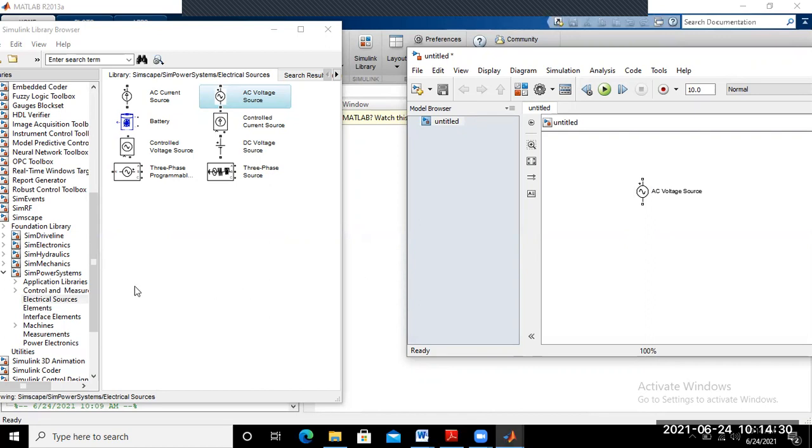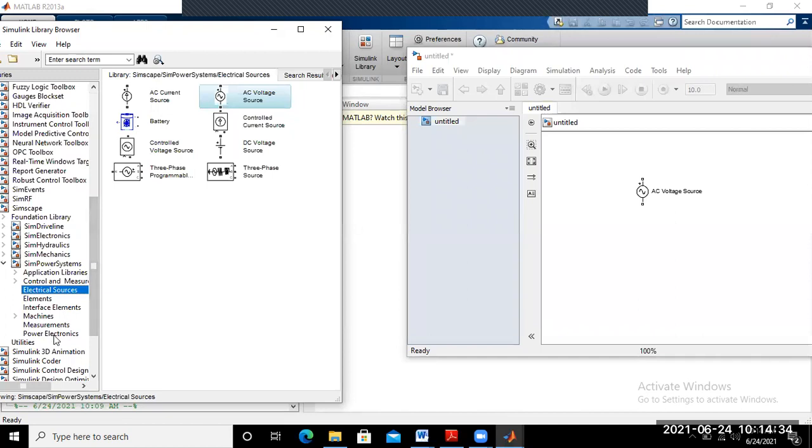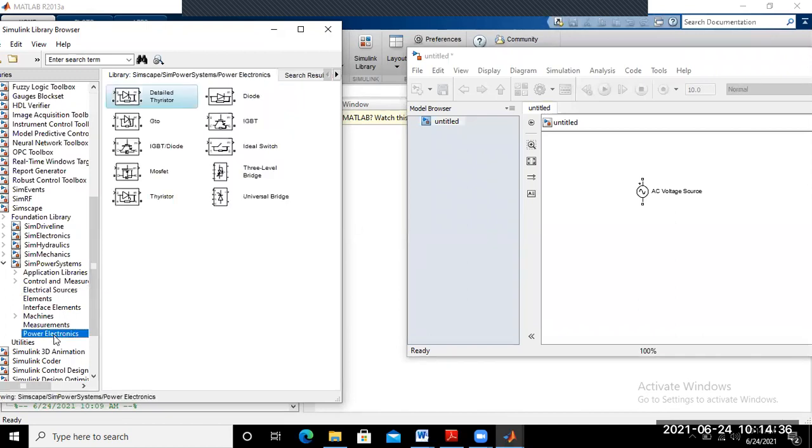So just drag the diode. That means go to the power electronics. So in power electronics switches, various types of switches are available here. According to your requirement, you select your particular switch for the design of the circuit. So we require diode. So just diode, drag here and place in the workspace.